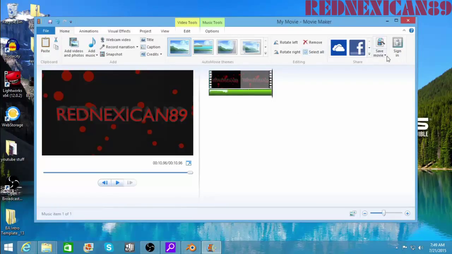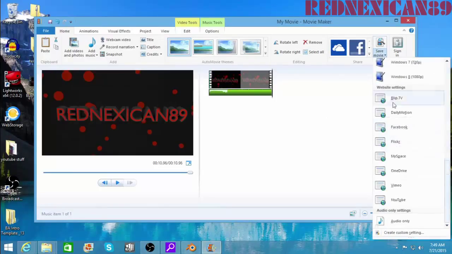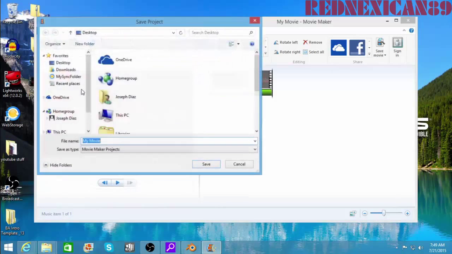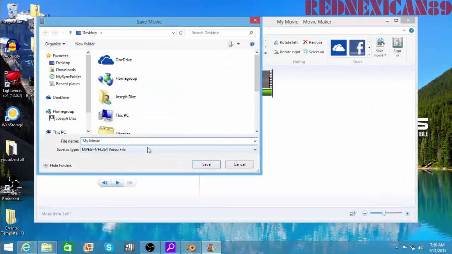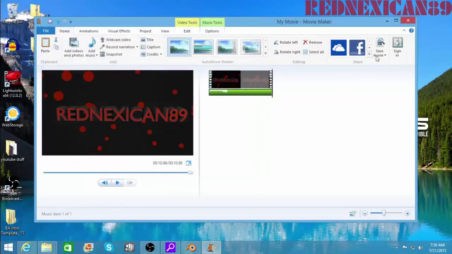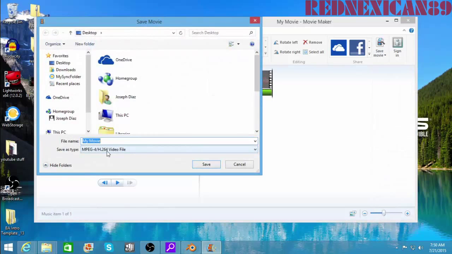So now the next thing you want to do is save your movie. But what you want to save it as, you want to save it over here. So if you want to come in here and go File, you'll go Save Project As. And down here where it says Movie Maker Projects, oh, the wrong one. So we'll come down here and recommend a setting for this project. Right here, MPEG-4. So you want to hit Save Movie, hit the drop down, and go Recommended for this project. And you want to save it as an MPEG-4, because if you save it as a